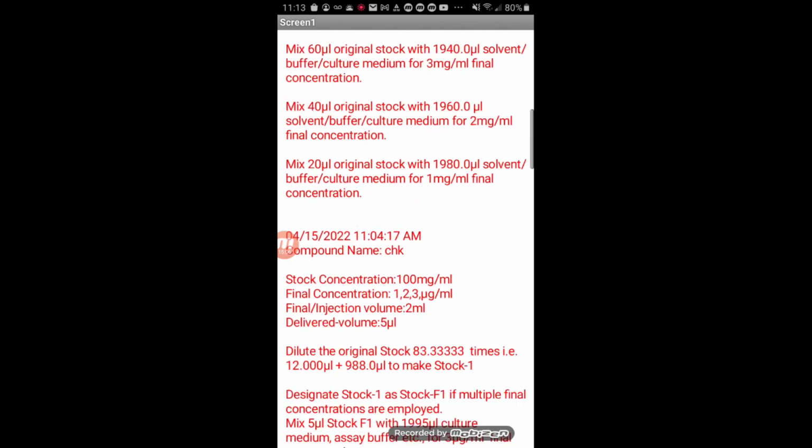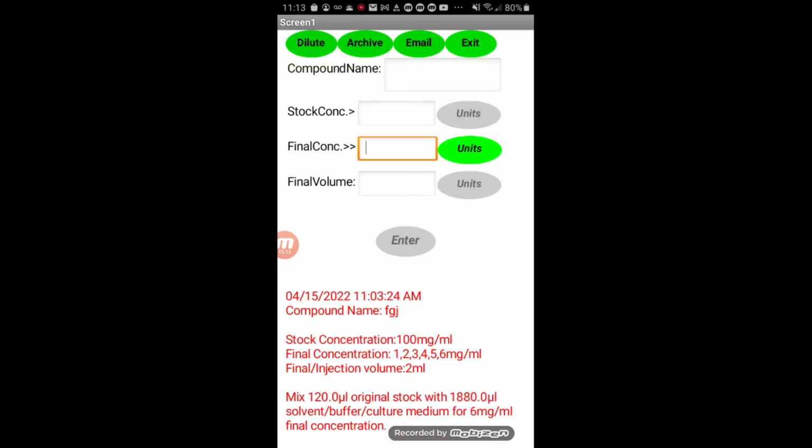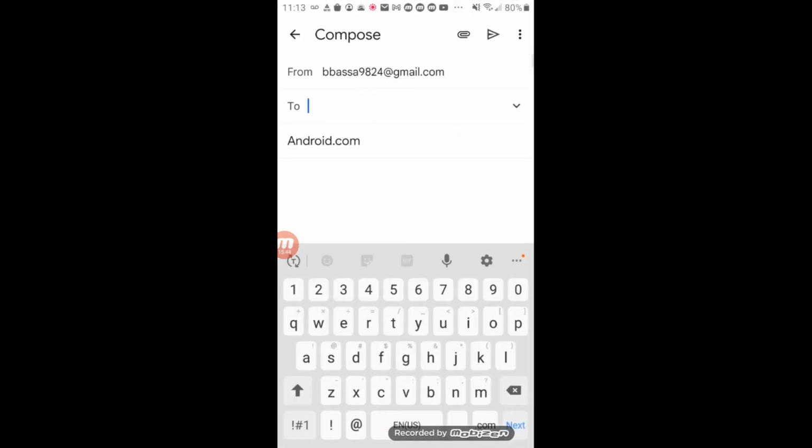When you press archives, you will get all the queries that we have done today. They are saved in a small database on the phone. We do not know the capacity of the database, but they are saved. The only way you can transfer them to your personal computer is through email. If you say email, printing also can be accomplished by transferring this data by emailing itself. And I have my email address here because the phone already knows my email address. Otherwise I will send it to the same email address,